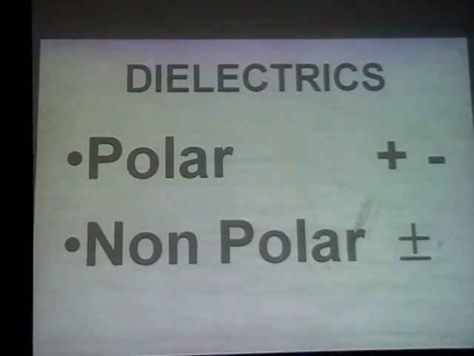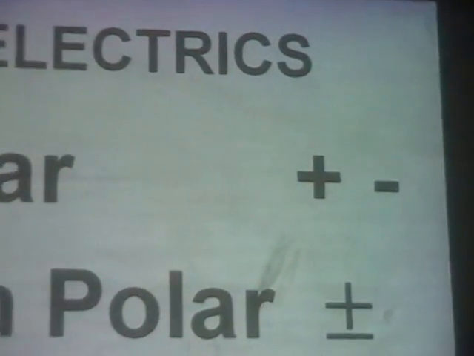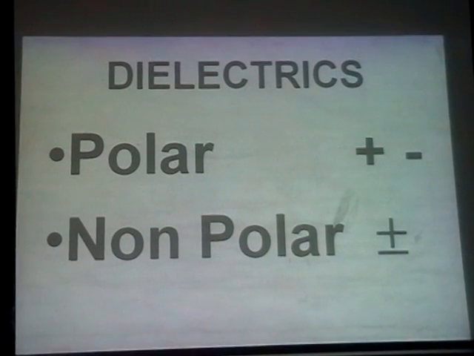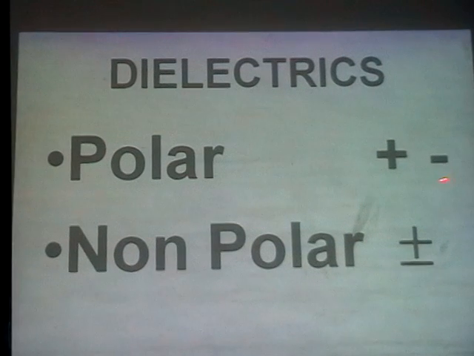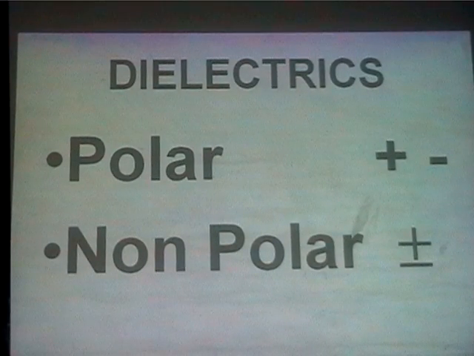So, dielectrics. Dielectric means two charges separated by a small distance. You have polar dielectric and you have non-polar dielectric. In the polar dielectric, there is a separation between the charges, but they are randomly oriented. In non-polar dielectrics, initially the center of positive charge and center of negative charge will be coinciding. But when electric field is applied, a small separation takes place.